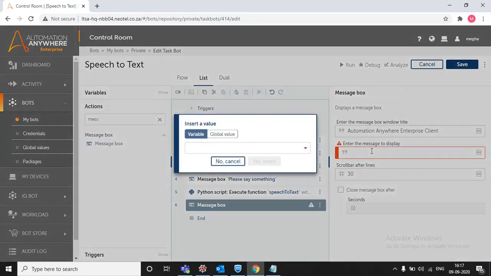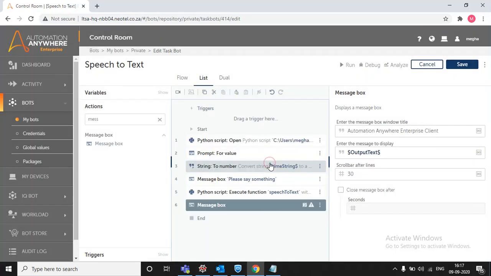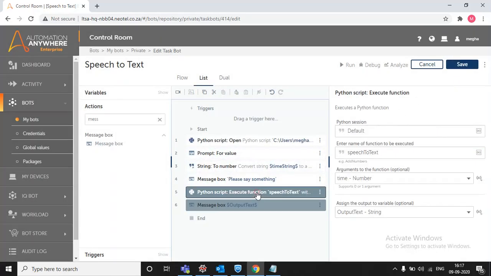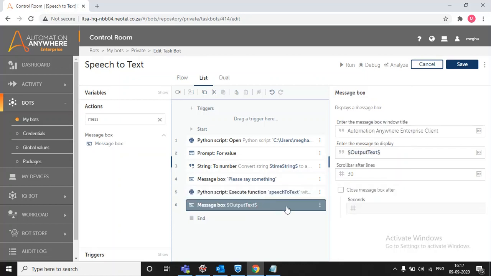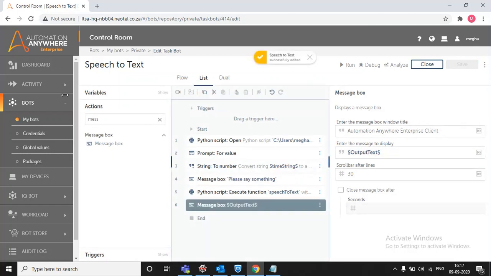Here I can pass output text. Whenever this function executes, it will convert any speech into text and return the value in this variable, and you can see your text in this message box. Then save.